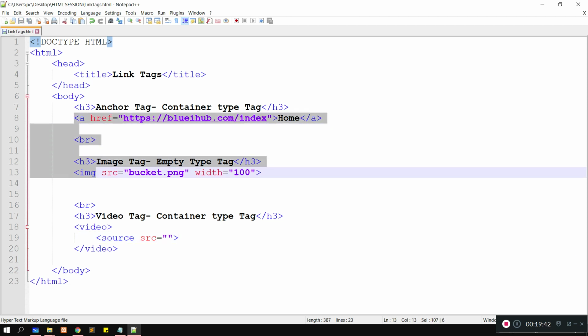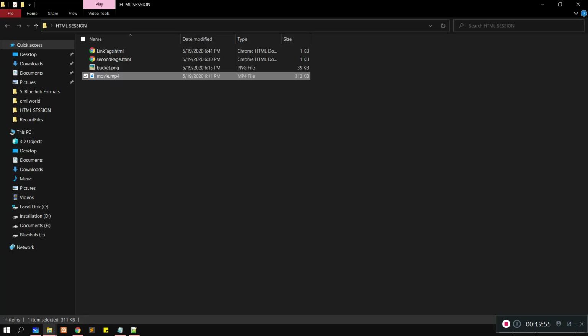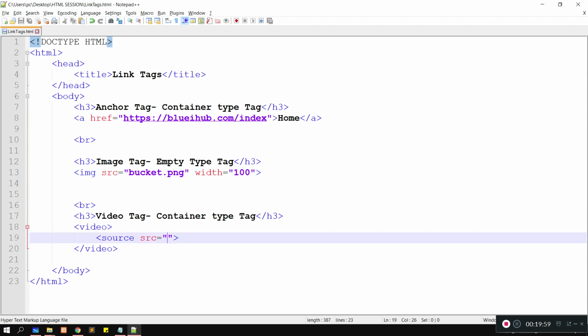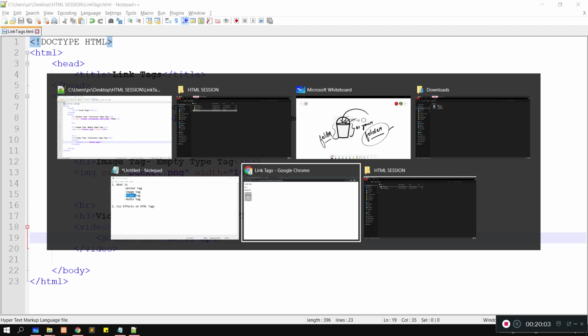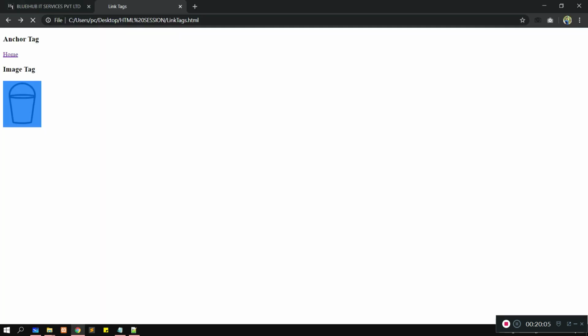Anchor tags for image, audio, link, video, all are of the same type, just the way of writing is different. So we need to copy the name of the file here and just paste it here.